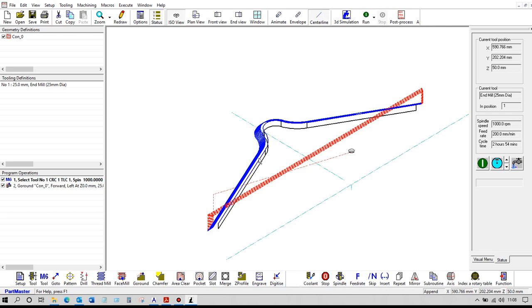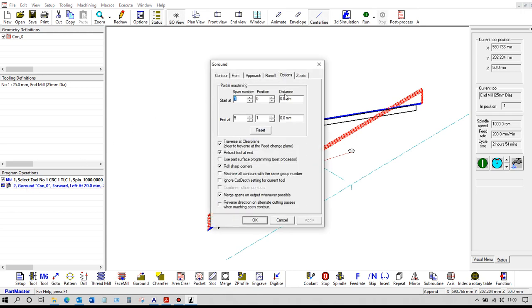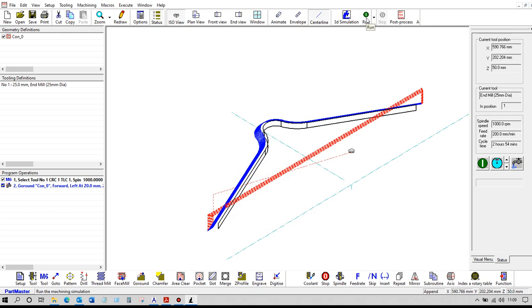Now what that's doing is machining each 1 millimeter step and then retracting at rapid, back over at rapid, down to the clearance plane at rapid and the feed change plane, and then it continues to cut. Now that's okay, but we might want to get rid of these rapid motions here. So to do that, we go to the go round command, and under the options tab right at the bottom here there's a switch which is reverse direction on alternate cutting passes if the contour is open. So if we click on that, click OK and then run that, so what we get then